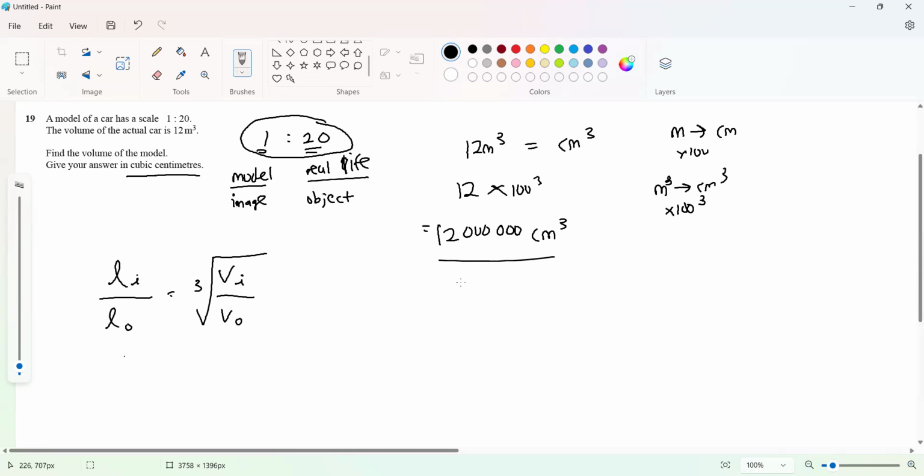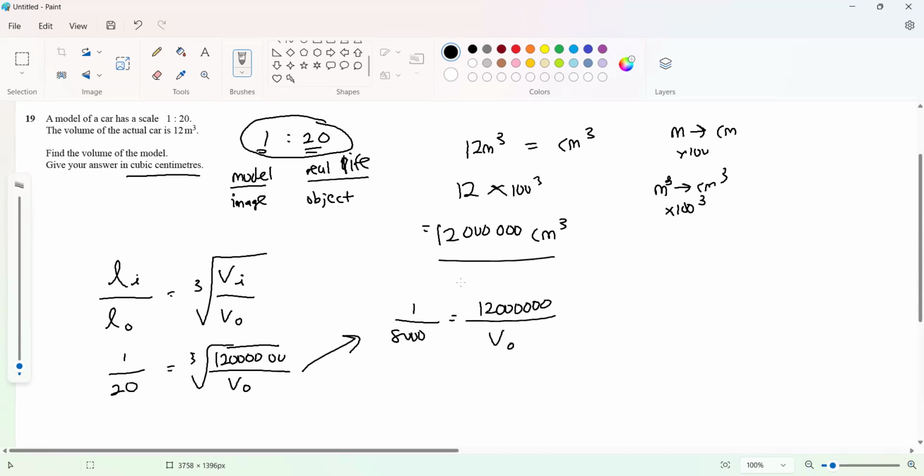So in other words, we need to scale up our scale factor. So earlier on, the length of the image to length of the object is 1 over 20, 1 to 20, equals to cube root of the volume of the image, which is 12 million, and then the volume of the object is unknown. So from here, we cube both sides of the equation. You get 1 over 20 to the power of 3. So that would be 1 over 8,000 goes to 12 million over V object. So from here, we just cross multiply. So the volume of the object would be,